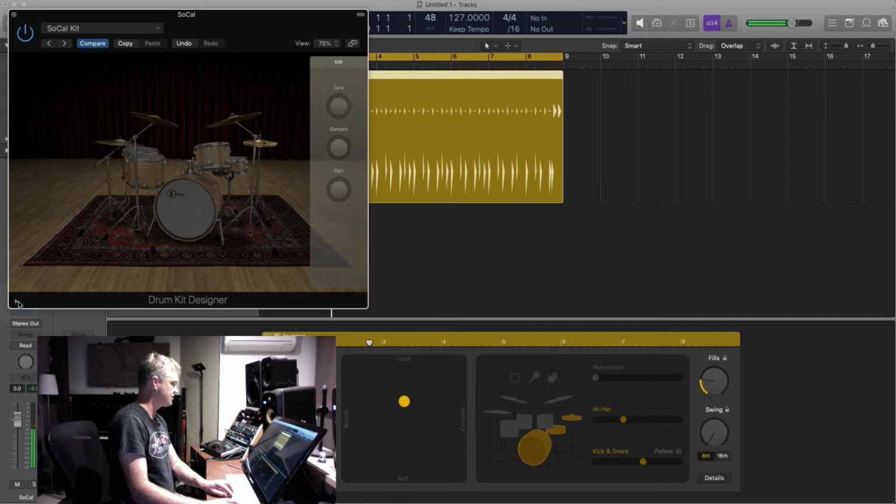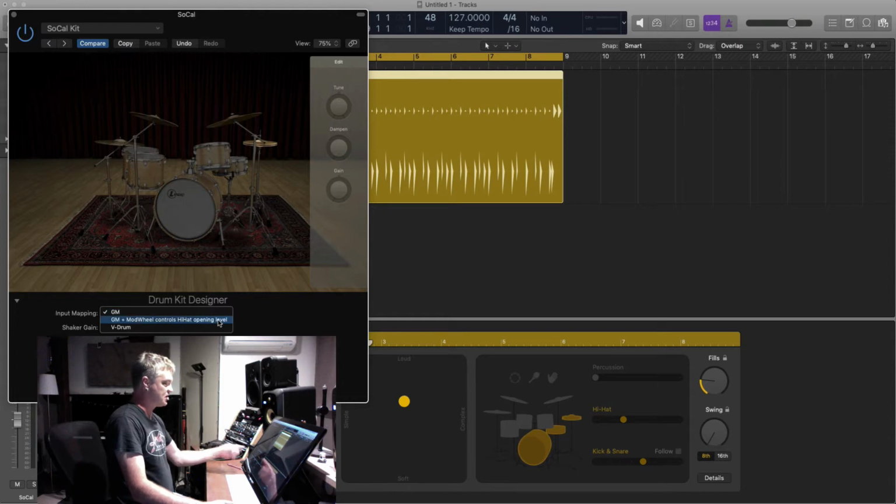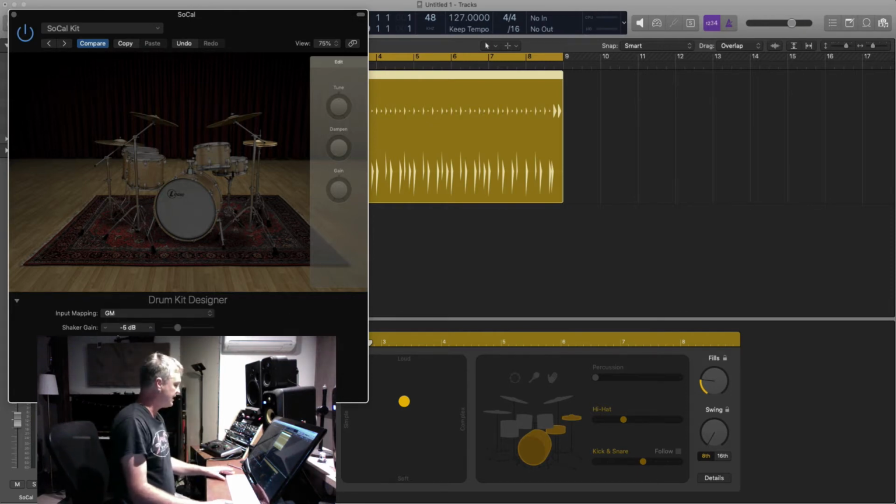There are some extra little features down here as well with your mapping. So if you're inputting drums through your keyboard, in general MIDI, you can use your mod wheel to control the hi-hat opening. That's pretty cool. Or a V drum, a lot of people have V drums, so you can change your input mapping to suit. And because it has some percussion,